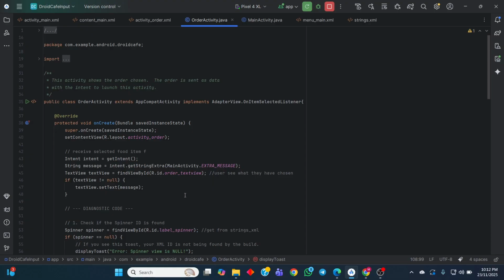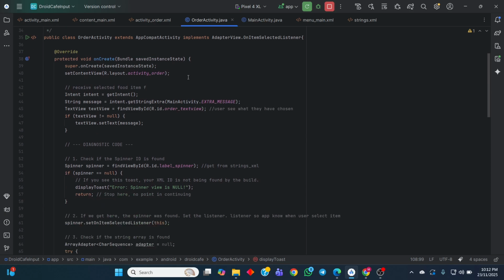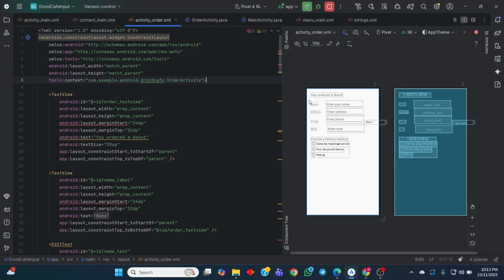Let's go to the top first. So onCreate, which means when the interface is loaded, the first thing we do is set the content view to activity_order.xml. Then we receive the selected item using the intent. Based on the items selected, it will be written in this text box, which, as you can see, is the order text view.